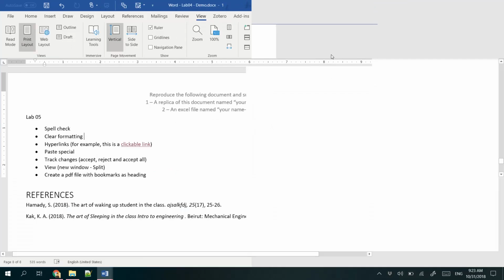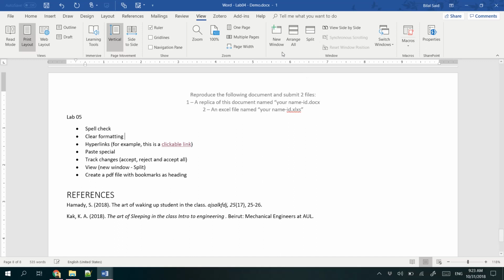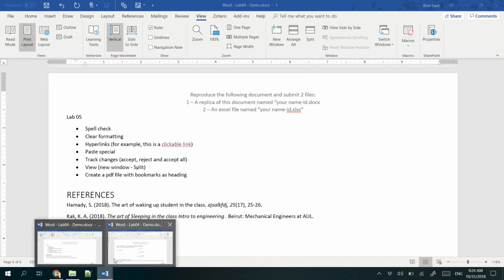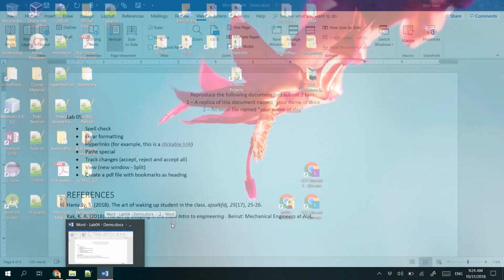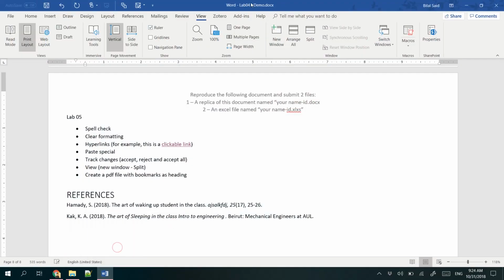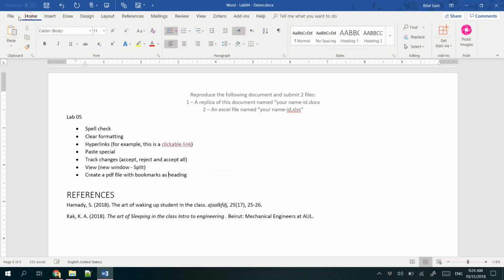side-by-side button. The two windows will go full screen, and then you can close whichever window out of the two, and this will keep only one single window of your document, and you go back to the normal editing mode. You can explore other functionalities and options from the View window here, and I'm quite sure this will make your life easier. Last but not least, to create a PDF with bookmarks, I mean with the table of